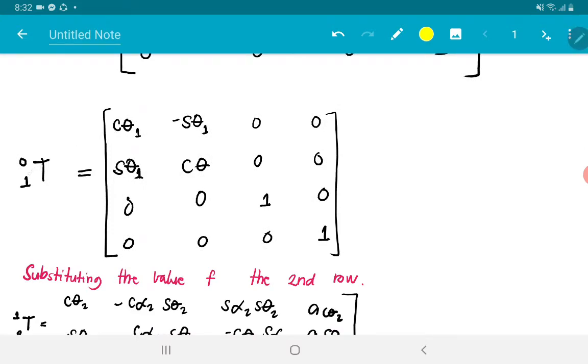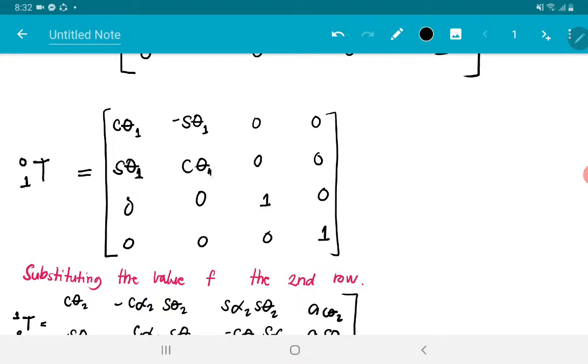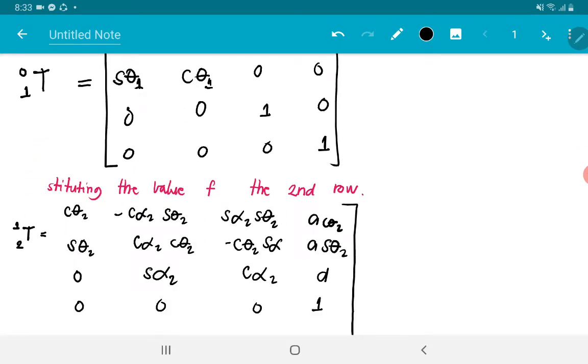So the transformation of frame 1 in terms of 0th frame is equal to cosine theta 1, negative sine theta 1, 0, 0; sine theta 1, cosine theta 1, 0, 0; 0, 0, 1, 0; 0, 0, 0, 1. So again, substituting the value for